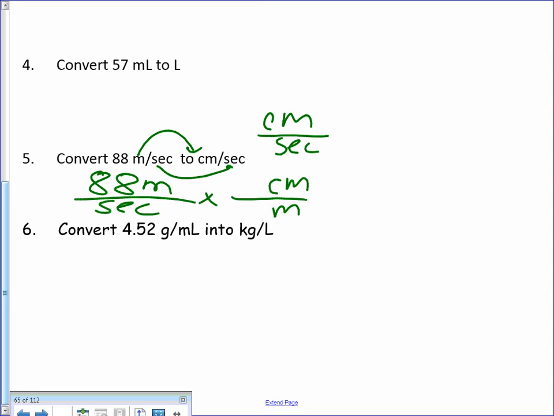Decide which is the larger unit, right? Which is the larger unit? Meters, it gets a 1. How many little centimeters are in a meter? 100, and you know that because, in case you don't know that,